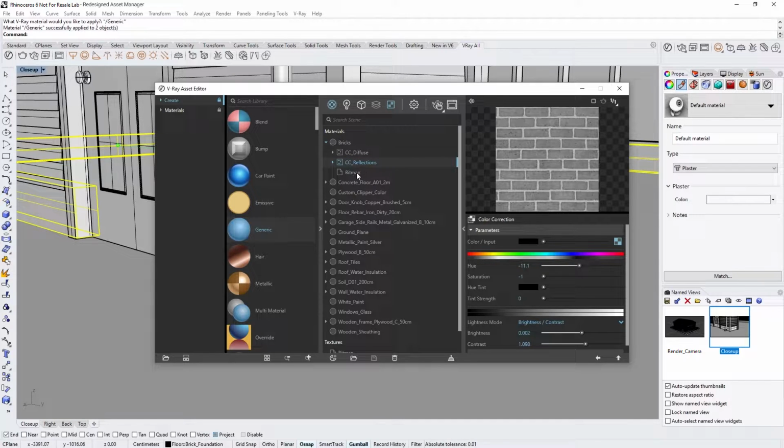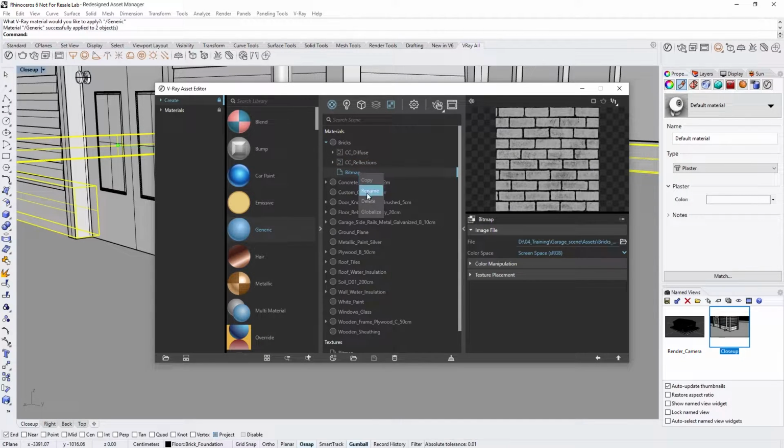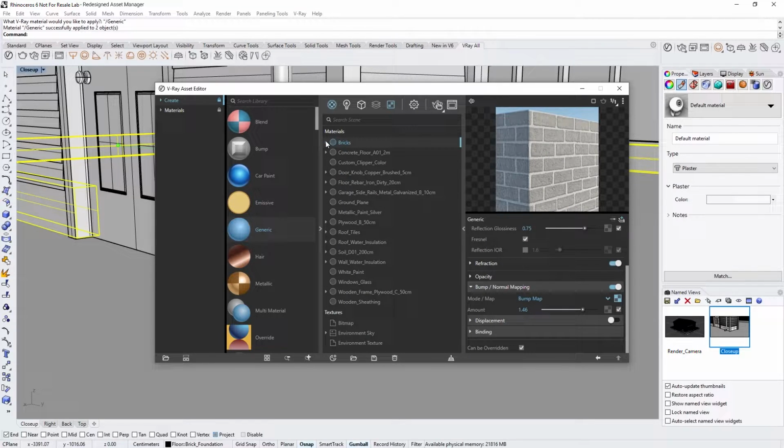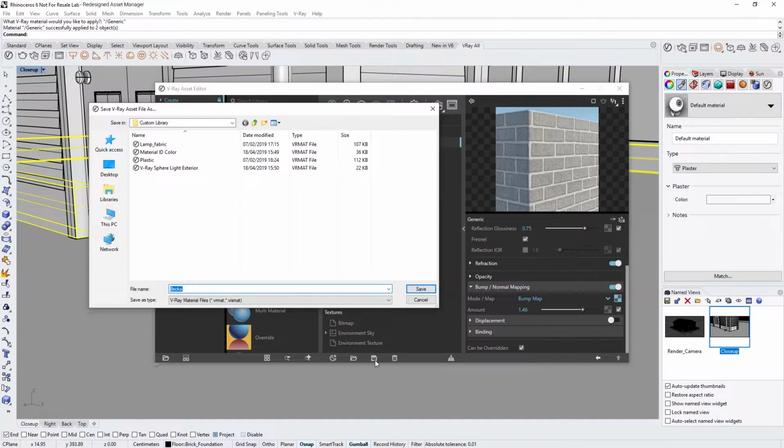You can also select them, right-click, and choose Rename from the menu. Okay, now that this material is ready, I can easily save it to any location or library and use it later on in other projects. One way to save an asset is by clicking on the Save icon at the footer of the Asset Editor,